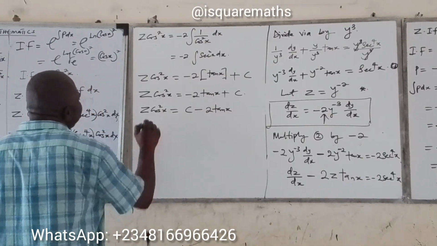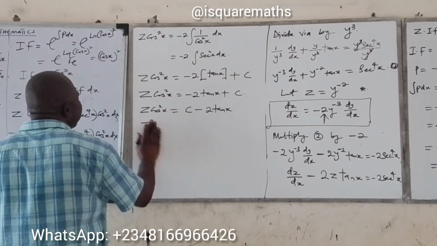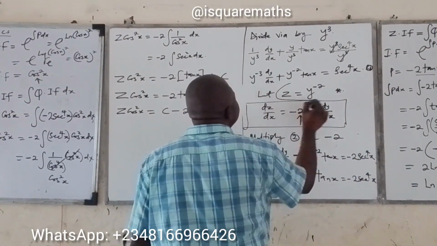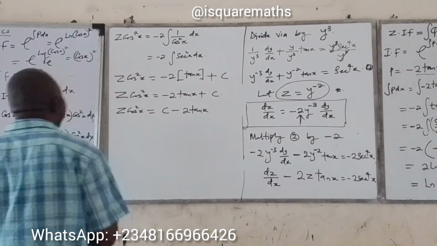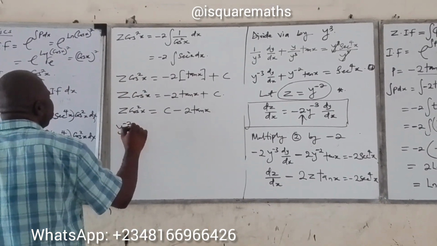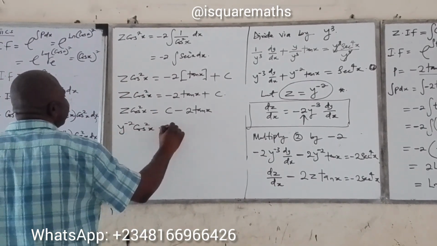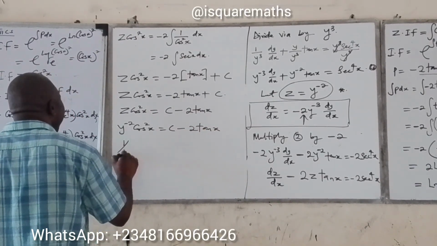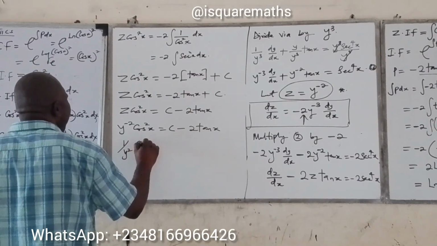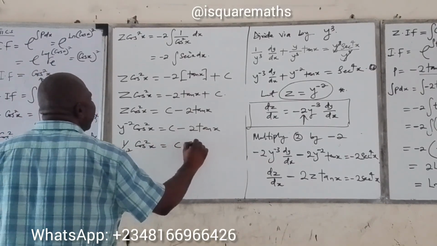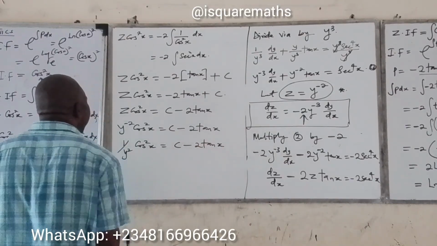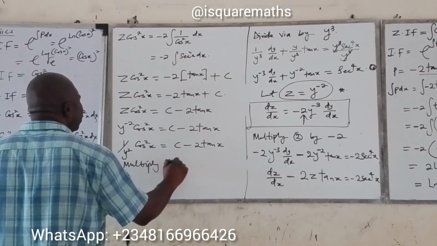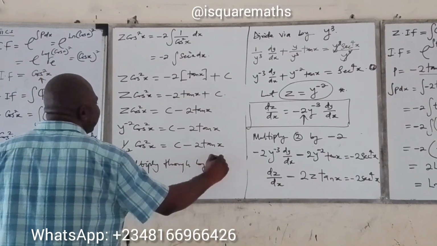So at this point, let z be equal to y raised to the power of minus 2. It means y raised to the power of minus 2 cos square x is equal to c minus 2 tan x. So it therefore means that 1 all over y square cos squared x will be equal to c minus 2 tan x. When you multiply through by y square,